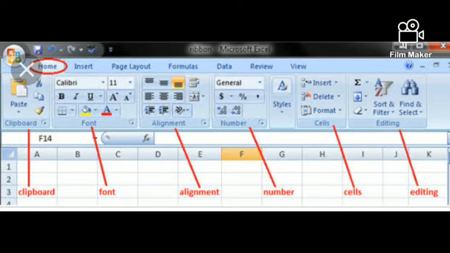In the ribbon, when we open a workbook, the Home tab contains the common text editing tools, which give us access to commonly used commands like font style, font size, numbering, paragraph alignment, cell editing and cell styles. So basically the Home tab plays a very important role. Most of the changes you can do from this tab.